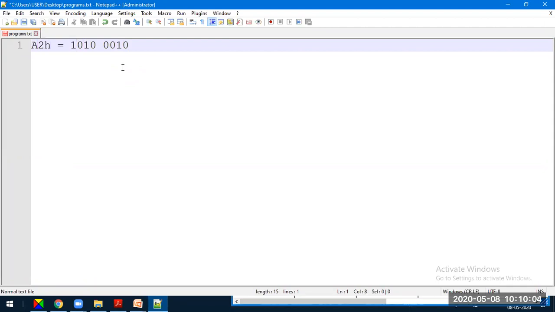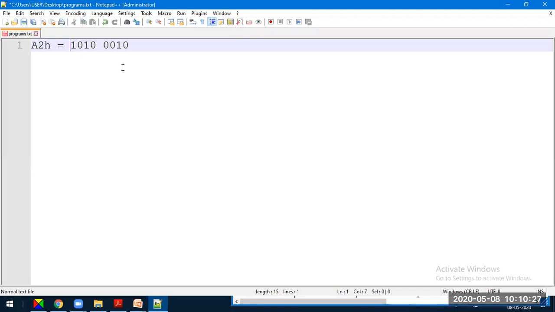This is the MSB bit and this is the LSB bit. Sign extension means repeating the sign bit, or MSB bit, a number of times to match the number of bits. So 8-bit has to be converted into 16-bit. How many times does this MSB bit have to be repeated? 8 more times, so that the total size becomes 16-bit.